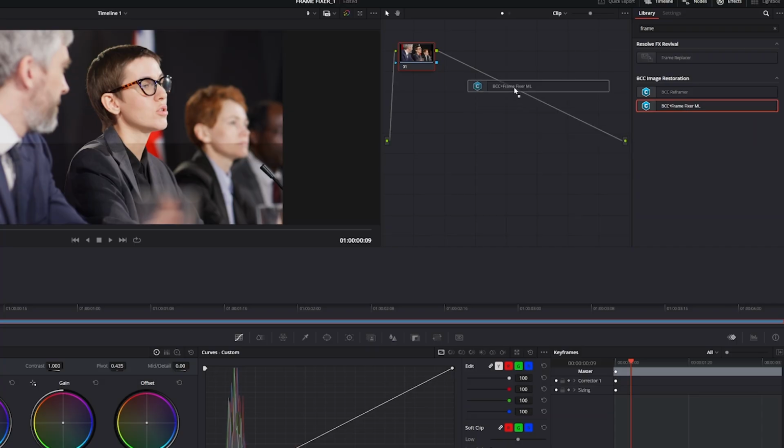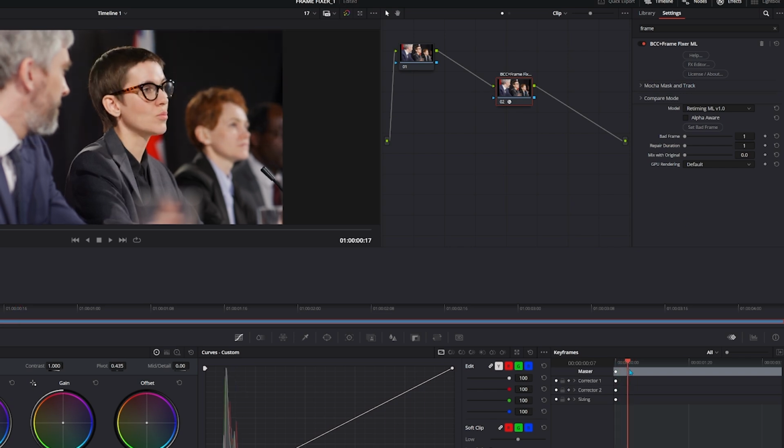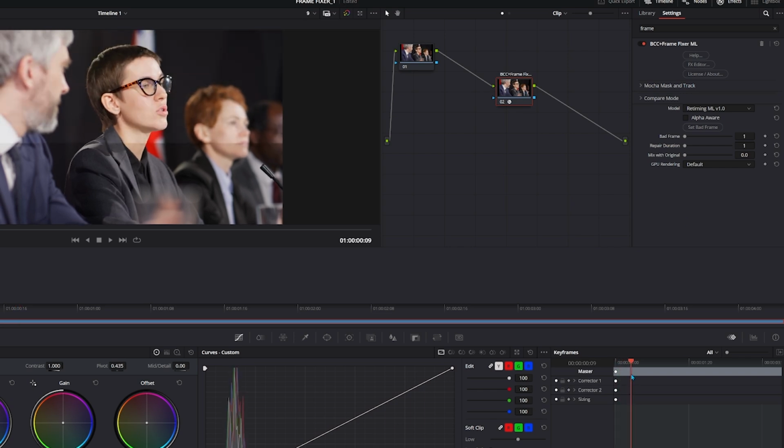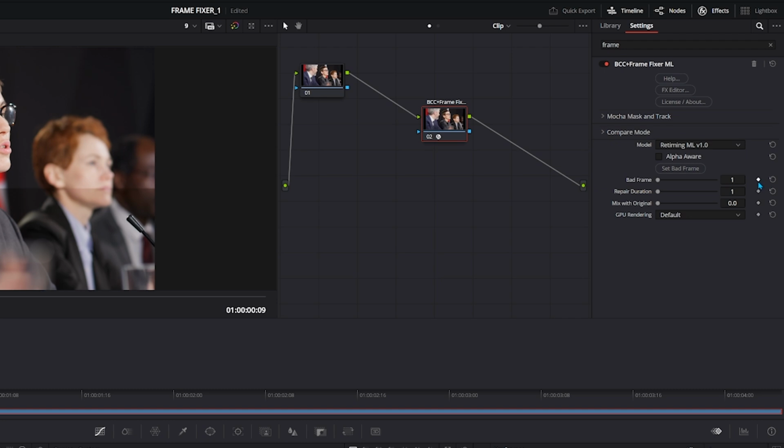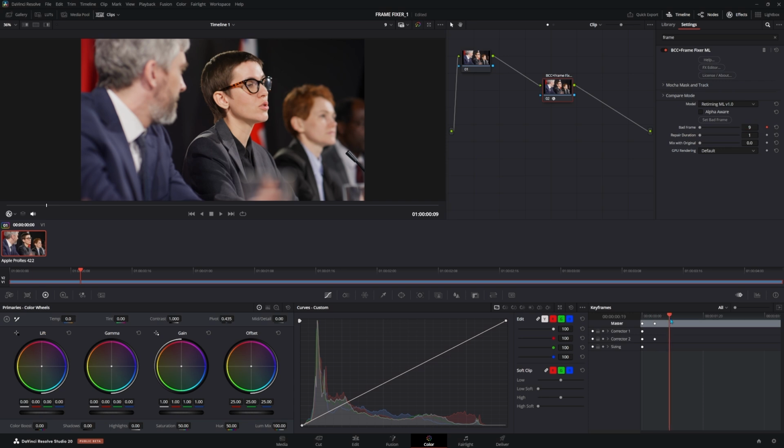But if we have multiple frames that need fixed, this is how you do it. Add the effect, make sure you're on the first frame that needs fixed, click Set Bad Frame, make a keyframe under the bad frame param, make sure this number matches the frame right here, which is 9, and move on to the next one.